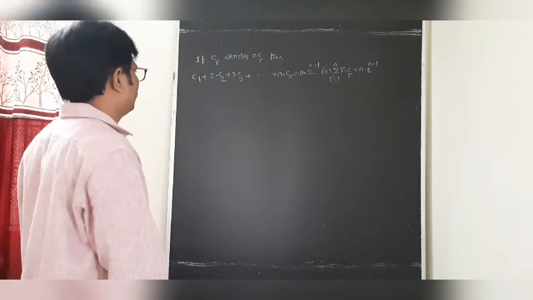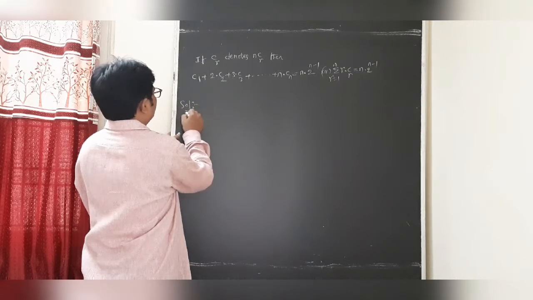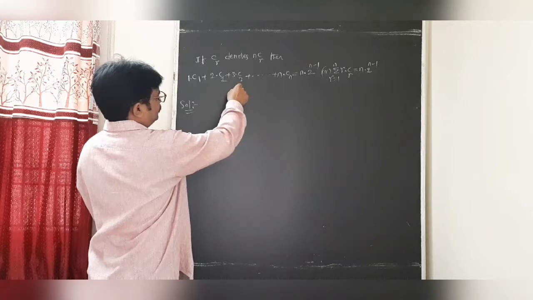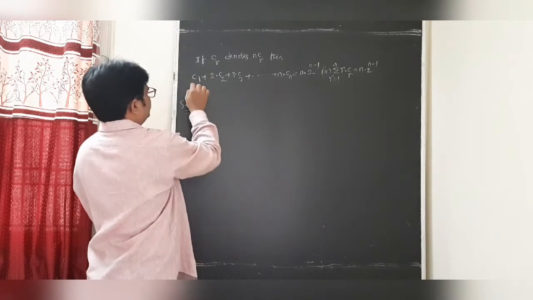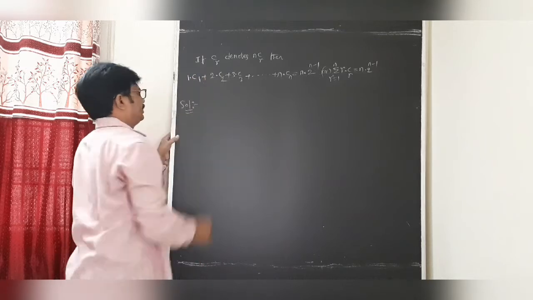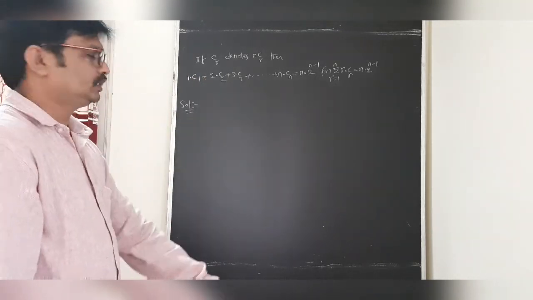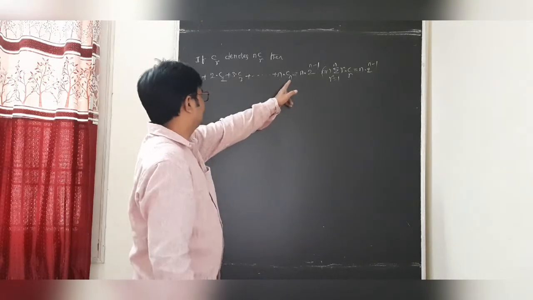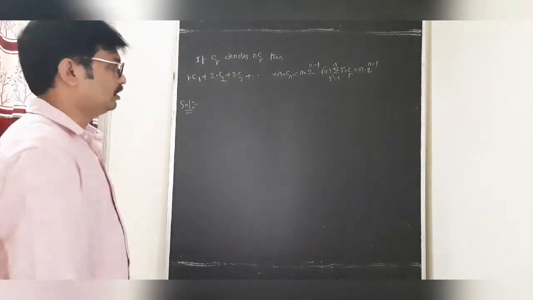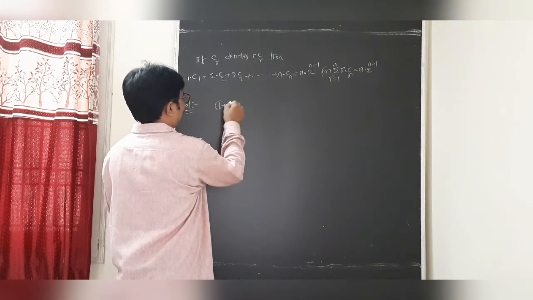Now students, another one. My dear students, this is C1, 2 into C2, 3 into C3, n into nCn. Is it clear students? 2 into C2, 3 into C3, n into Cn. This we can also write as 1 into C1. So dear students, coefficients are there, at the same time n into Cn is there. Cr is nothing but nCr. My dear students, right now we are taking 1 plus x whole power n.